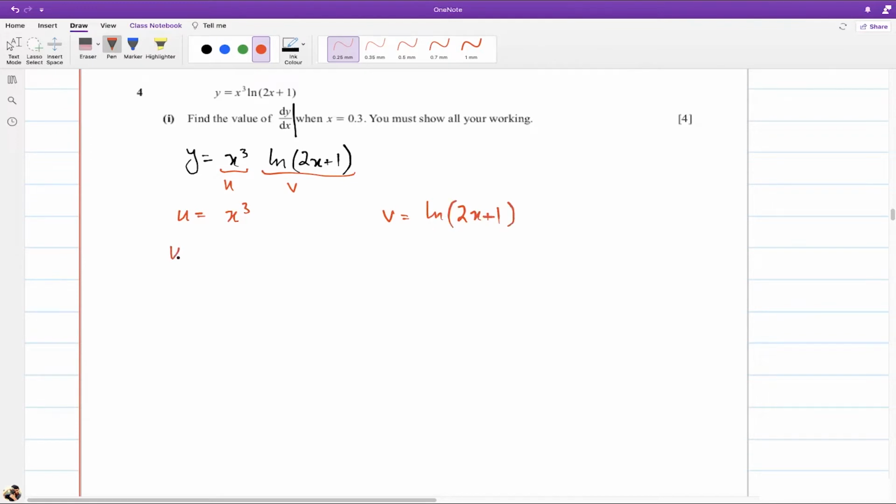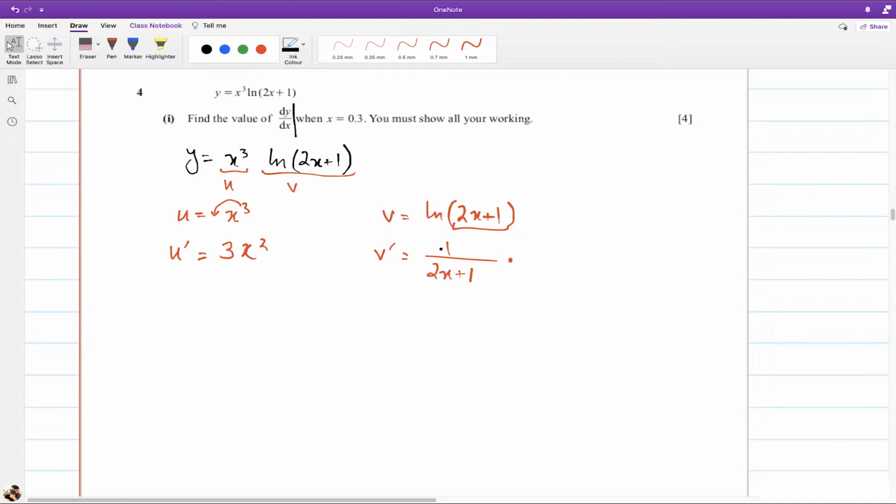Now it's really easy to find u prime, यानी कि u का डेरिवेटिव वो बन जाता है 3x squared. क्यों? 3 मल्टीप्लाई होगा और पावर में से -1 हो जाएगा, and you'll get 3x squared. Similarly, if you want to do this, यहाँ पर हमें पता है कि log के डेरिवेटिव क्या होता है कि जो भी चीज होती है वो डिवाइड कर देते हैं. And then we multiply it with the derivative of this thing. Remember, chain rule हर क्वेश्चन में लगता है, चाहे वो log है, चाहे वो trig है, चाहे वो algebra है,